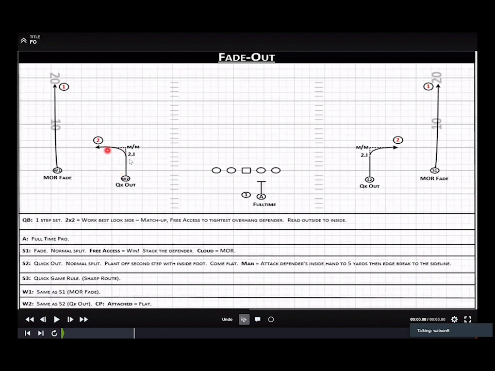It's planting off that inside foot and coming flat to the sideline. If it's man-to-man, then he's going to do what we call an edge break. He's going to attack the defender's inside hand and snap that thing, edge break it at 5, and work to the sideline. If we were to run this with an attached tight end, which I'll show you on one of our clips later,